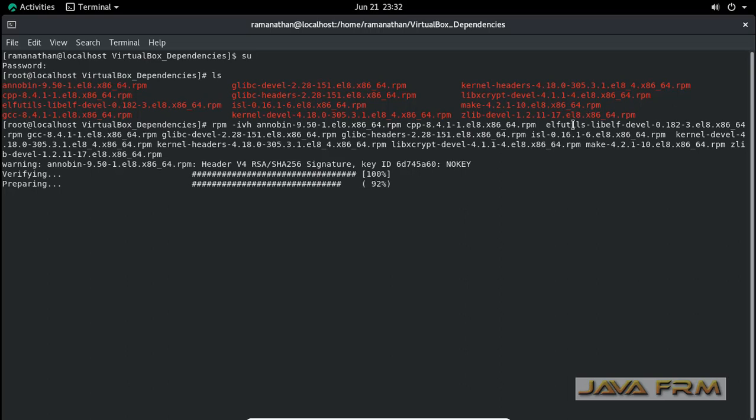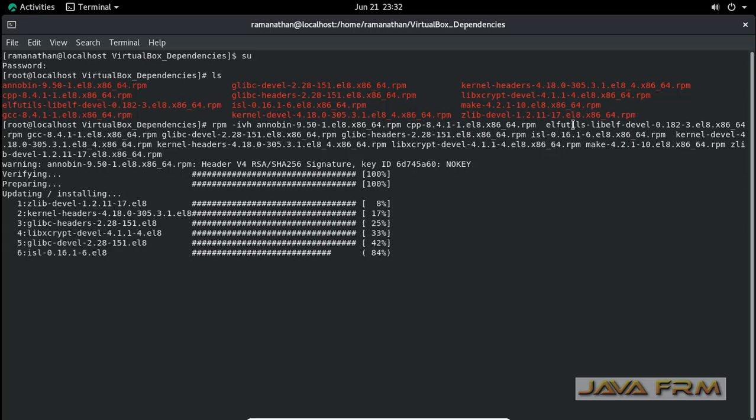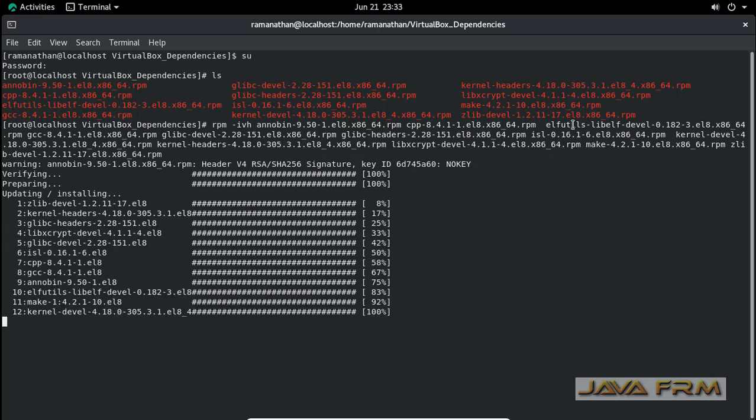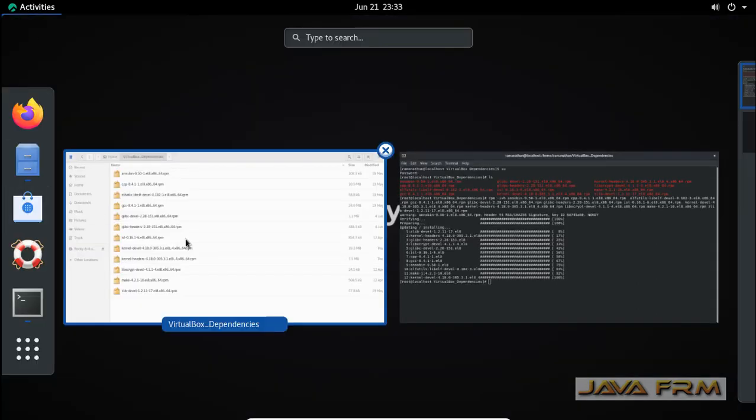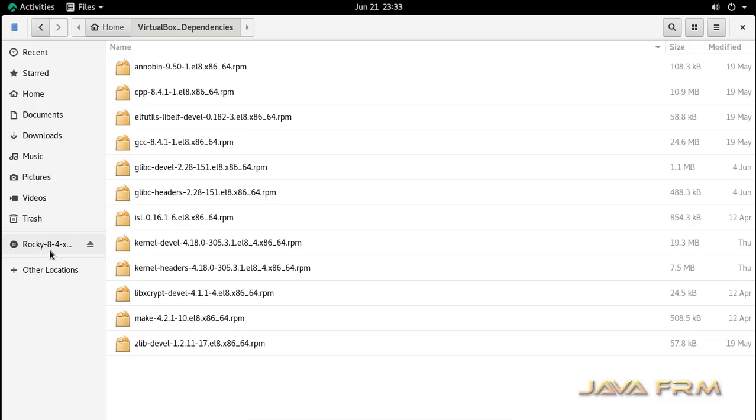Make sure that you log in as the root user to install these RPMs, since only the root user can install RPMs. Okay, all dependent RPMs got installed. Now I am going to eject this DVD.